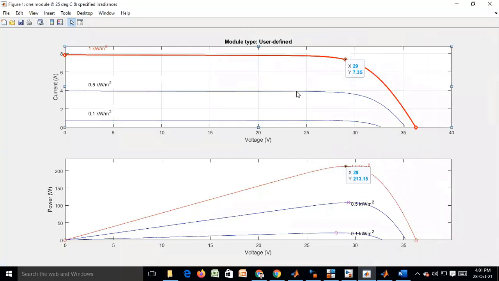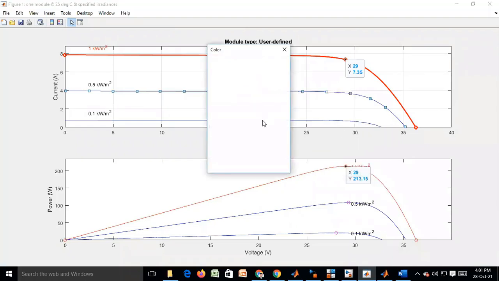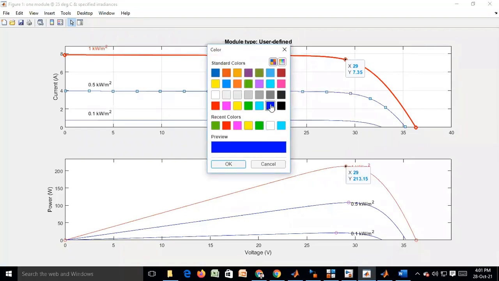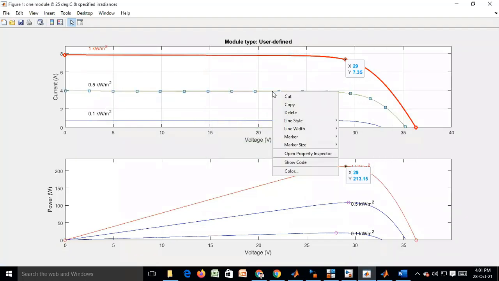Grid can be used. And the line width thickness.